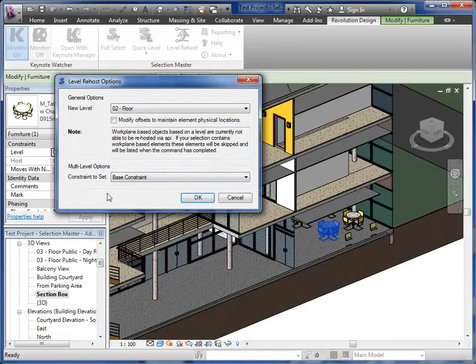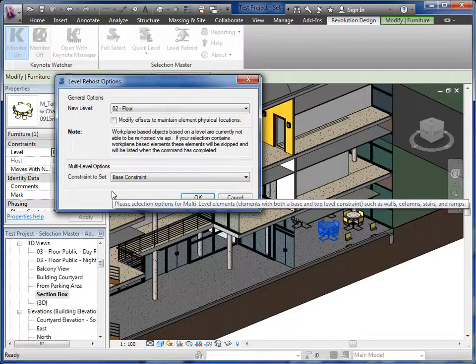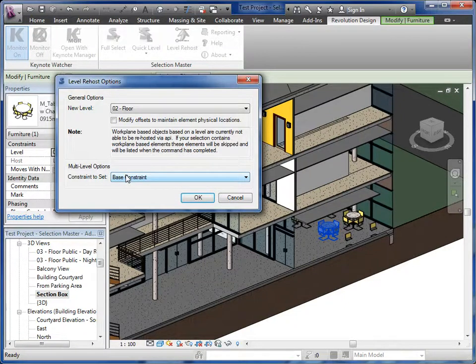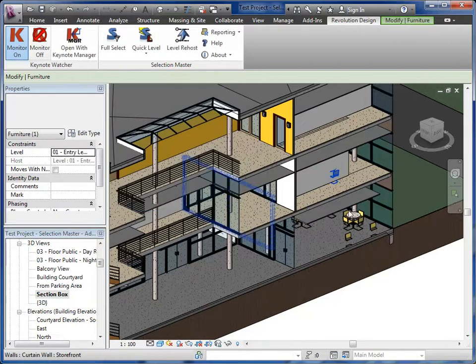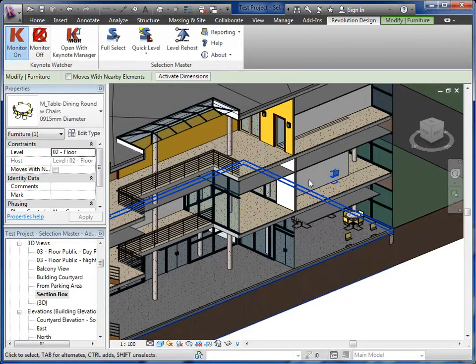Down here you've got multi-level options. Multi-level elements, again, are elements like walls, stairs, ramps, stuff like that, which have a base constraint and a top constraint. This is where you set which constraint you want to set. If I've got walls selected here, do I want to move the wall base constraint to that new level, or do I want to move the wall top constraint to the new level? In this case I've only got one table, so this is irrelevant, but okay, I'm going to go ahead and press OK. There you go, you see my table moved up to the next level,